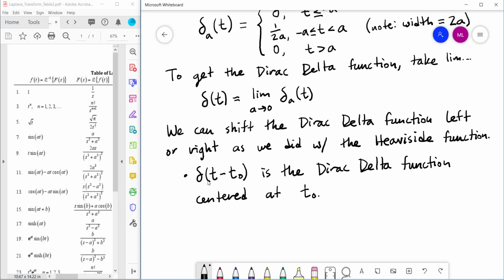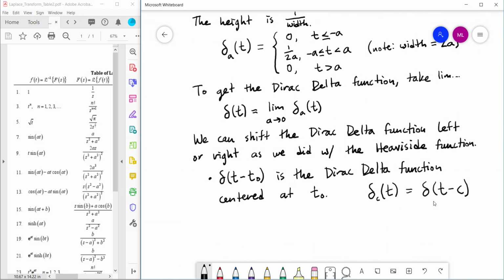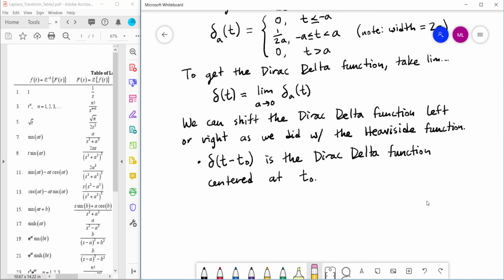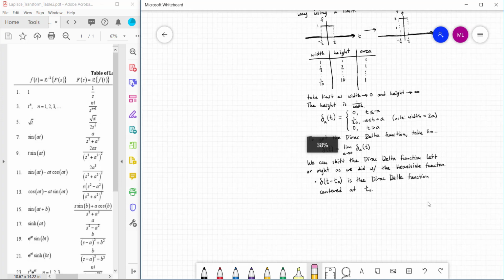But just know there are some other books that would use notation that looked like, maybe letter C down there, and this would be equivalent to the same notation that we used above with the Heaviside function. This type of notation also exists, but I will try to avoid doing that because that's not how our book does it. Okay,